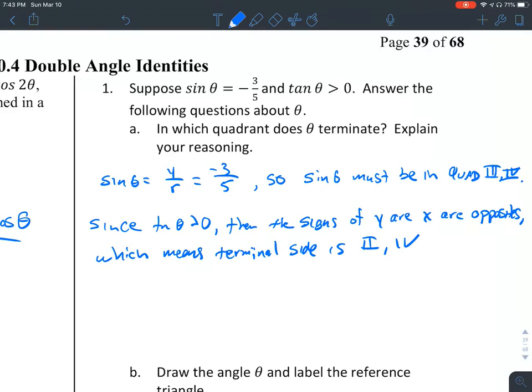Quadrant 2 and quadrant 4. Well, if you combine these two ideas, it's got to be in 3 or 4, and then it's got to be in 2 or 4. Well, then it must mean